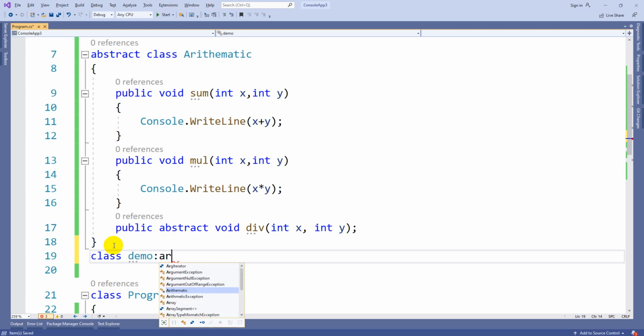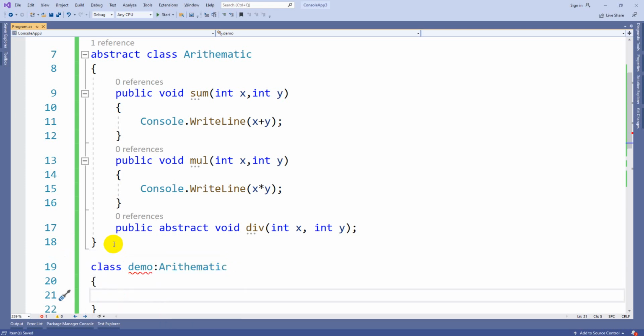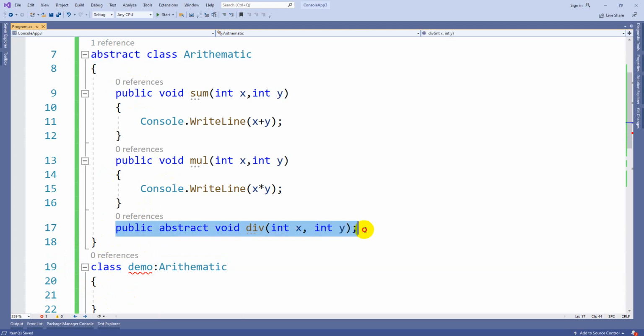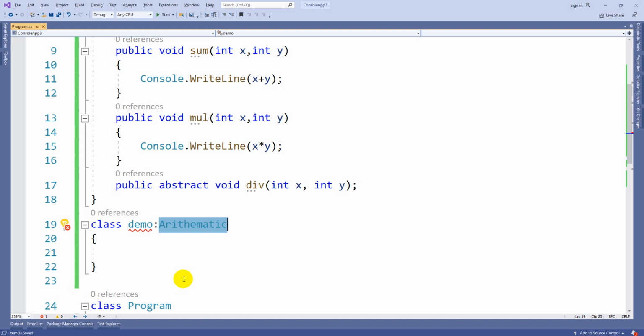Here I'm going to inherit the abstract class. This is a normal class, and we are inheriting the abstract class. Now this class is responsible for implementing the incomplete methods inside the parent class Arithmetic.